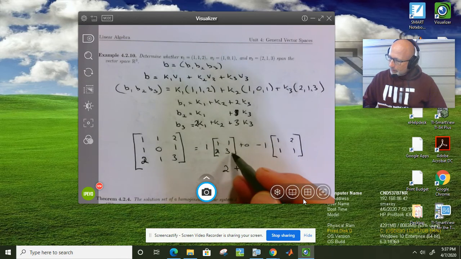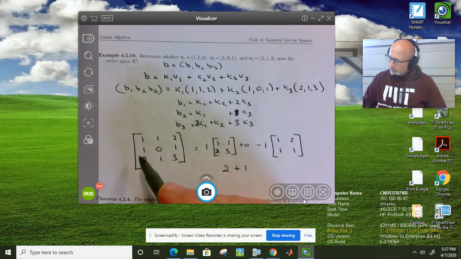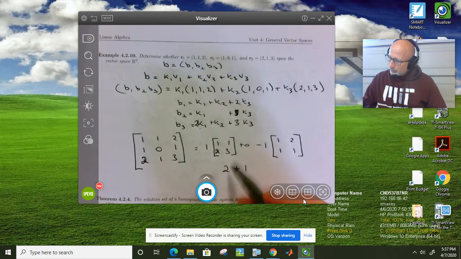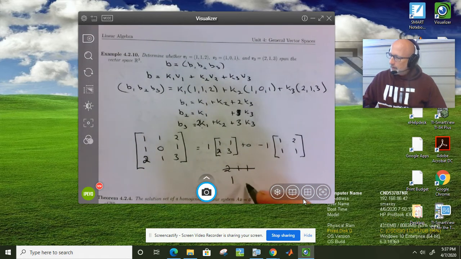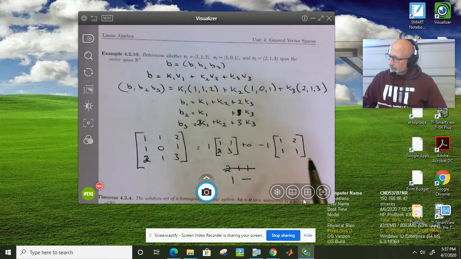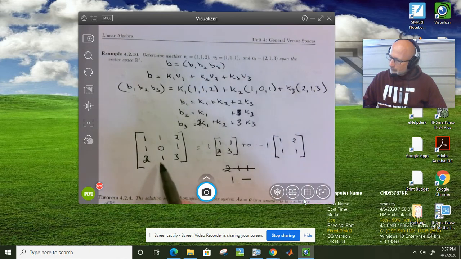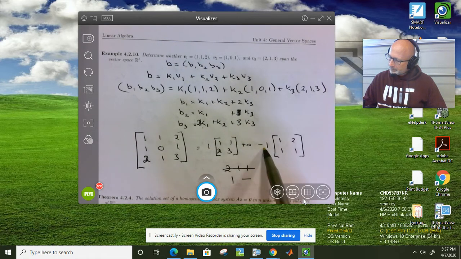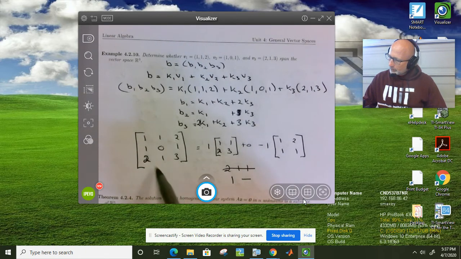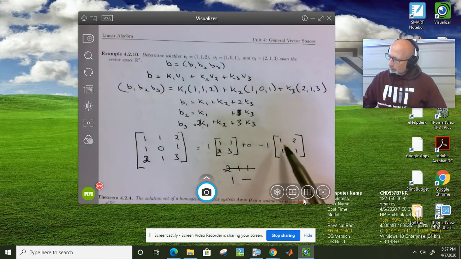So I'm going to have 3 minus 2, which is going to give me 1, and then minus, so this is the entry. So plus, minus, plus, minus, plus, minus, plus, minus. Yep, so that's right. And then I'm going to cancel this and this. I have 1, 2, 1, 1. I have 1 minus that is going to give me,